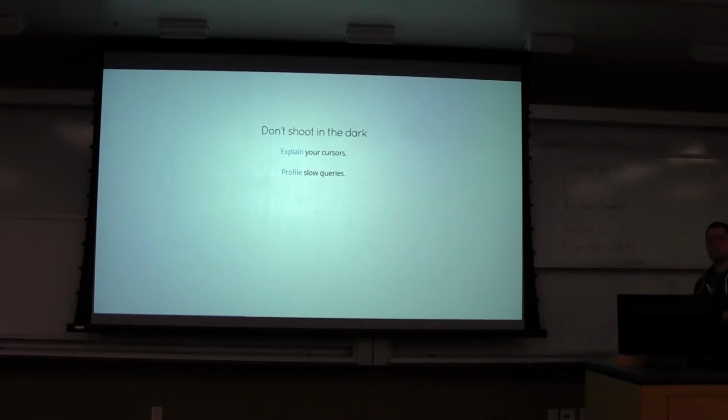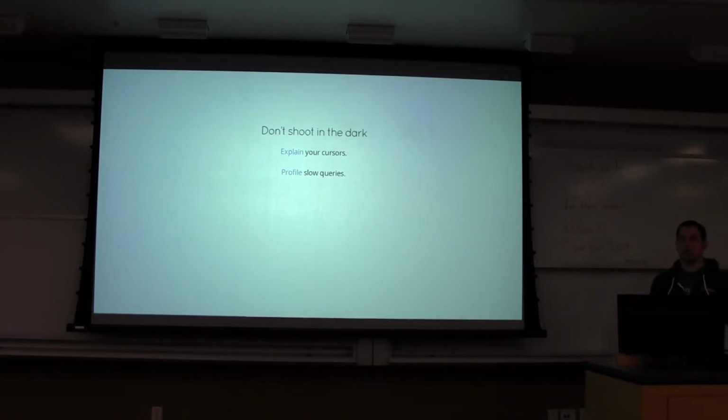So with our cursors, we can explain them and ask MongoDB, just like running an explain on a SQL query, how would this query run on the database? What are the indexes you would consider? And also maybe tell me how performant are those indexes? Because in a lot of cases, a couple of indexes might be